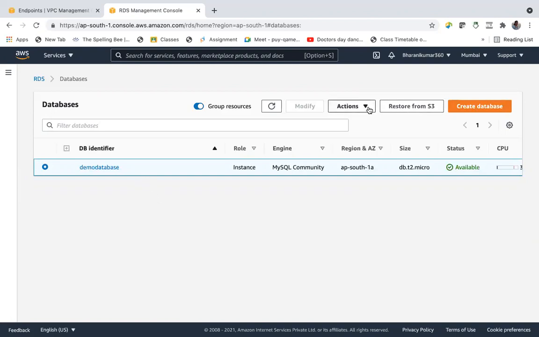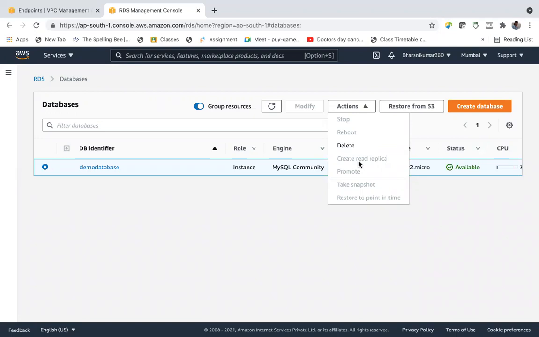And we also have something called promote, right? So what will promote do? It will promote the database in terms of operation. Say you have already created a read replica, and we know that a read replica is different from your original database.